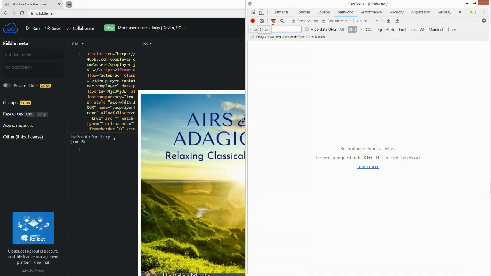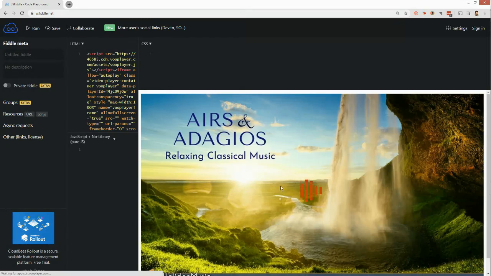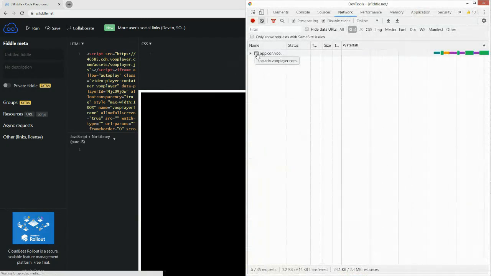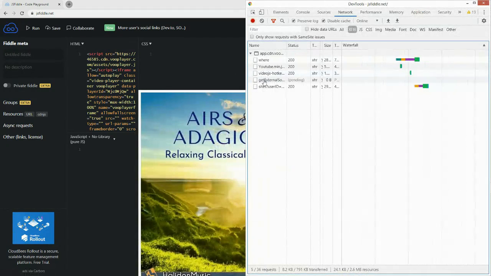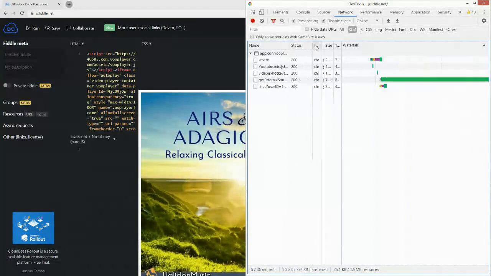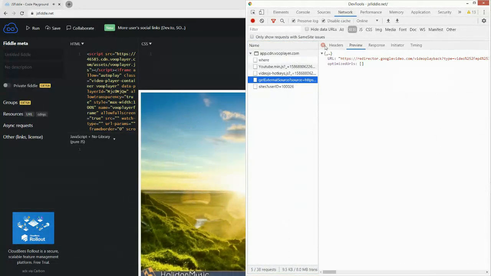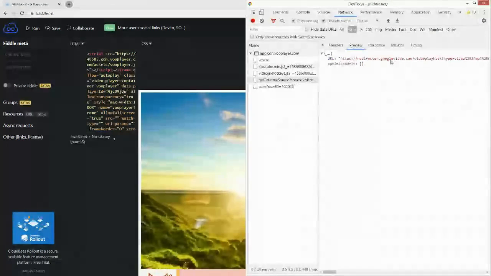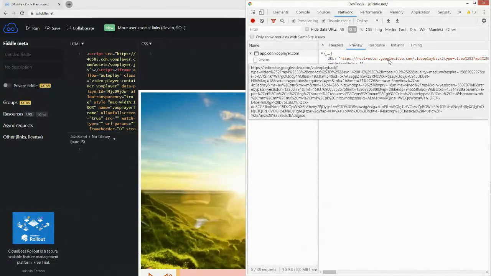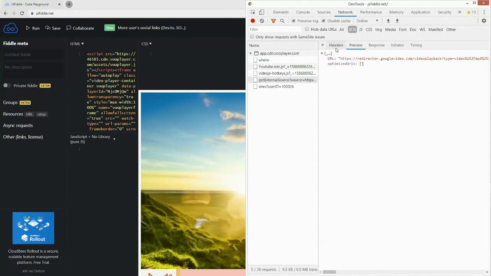So here we can inspect everything that's happening. Here's that request which says getting external source for that video. Let me just pause it now that it started. So that's getting that redirector link to the source of the video, and just that request to YouTube. This is the request to YouTube, which says, hey, just give us the source for that video, and it's